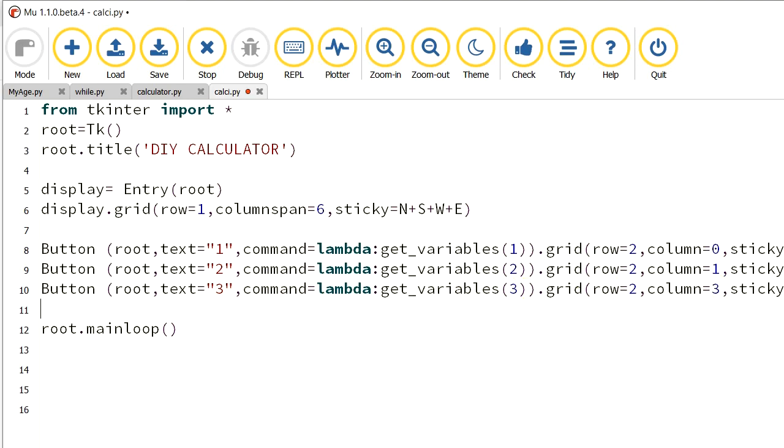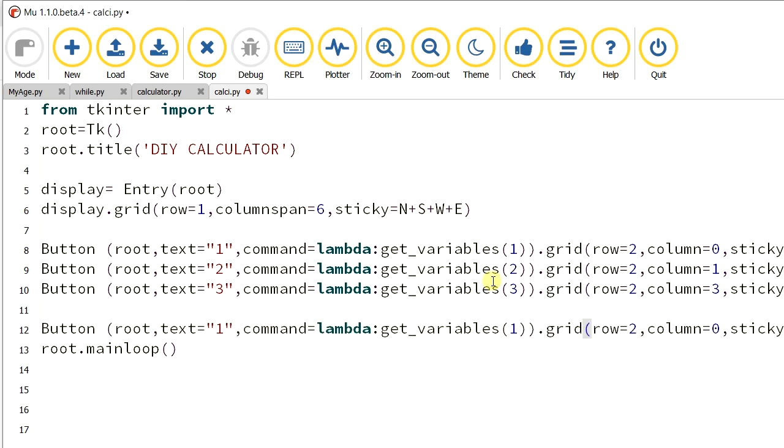And next what I am going to do is place the operators. So let it be the first operator plus, and all these operators are going to the function operation of. These operators are used for operations, and I am going to give a function called operation. So the value of this one is sent to the function operation of. Whenever we are sending anything other than numbers, it should be within double quotes because it is taken as a string. Okay, now the same row but the column is going to change to 4.